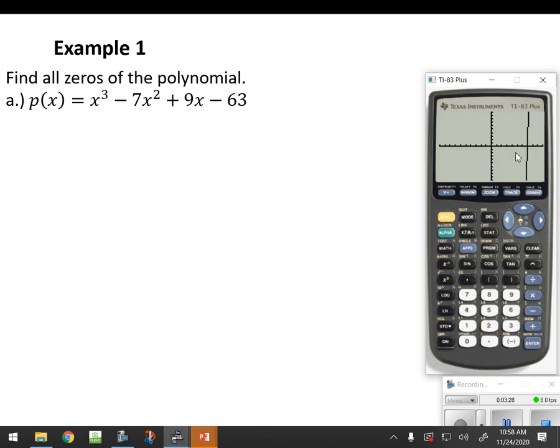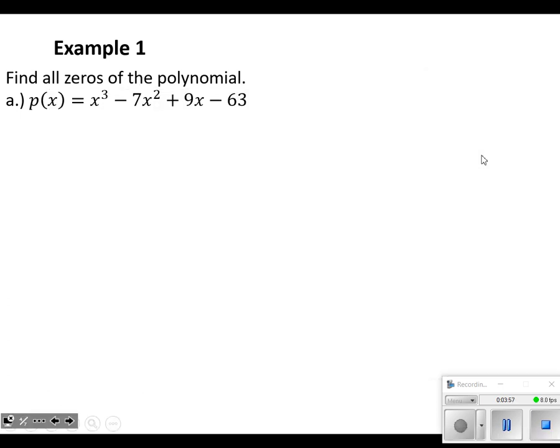And again, it's tempting to hit the graph, but if I hit the graph, you'll see it doesn't really help us a whole heck of a lot. So we want to hit instead second graph to look at the table. And we're just looking at these x values, which one has a matching y value of 0. So we're going to have to use the arrow keys to look around, and you can see if I go to the left, look at how massively negative those numbers get. So we're not really getting closer to where we want. Right there. When x equals 7, y equals 0. So I'm going to hang on to that and go back to my work here.